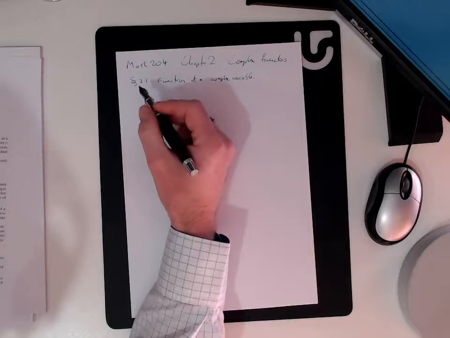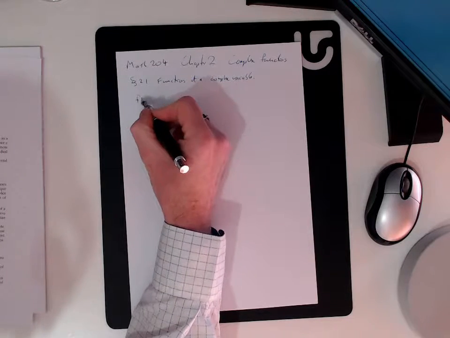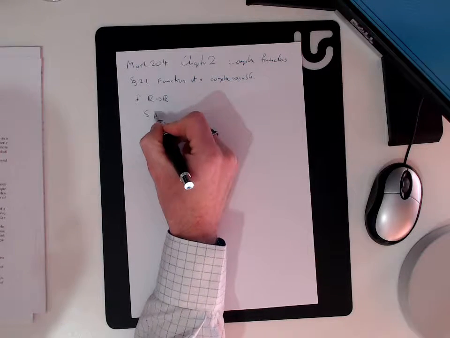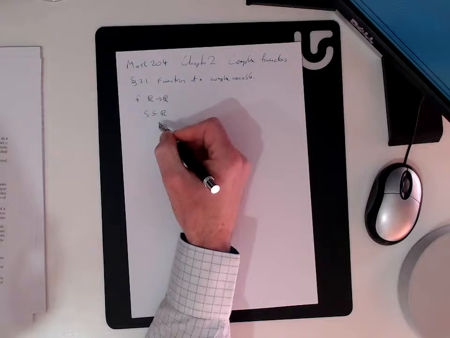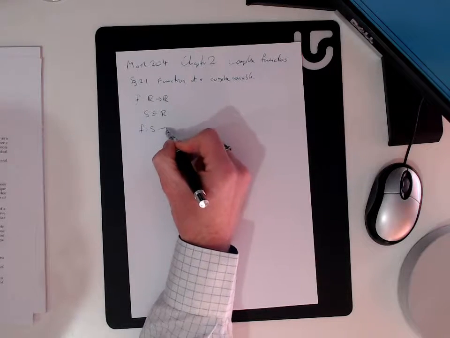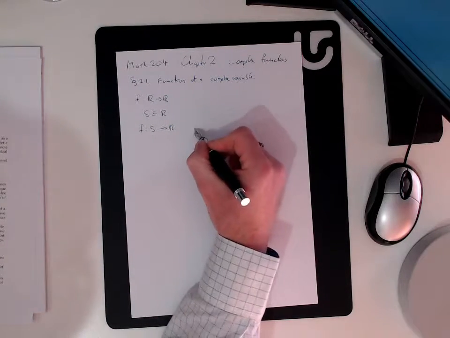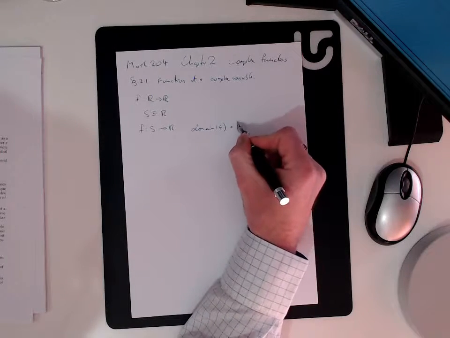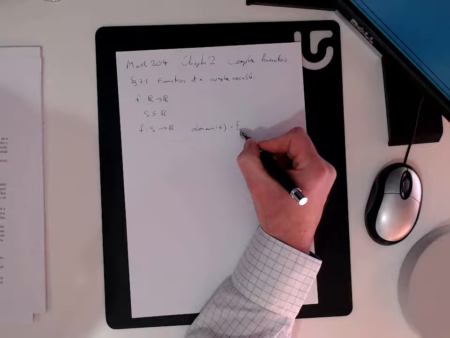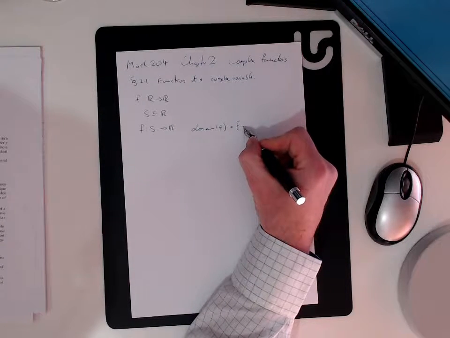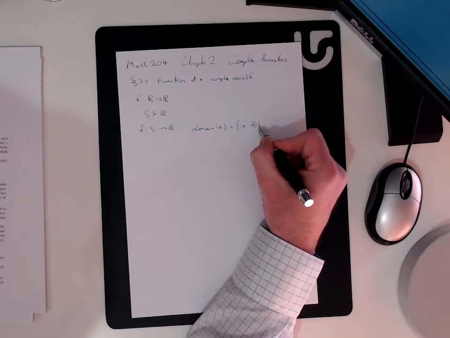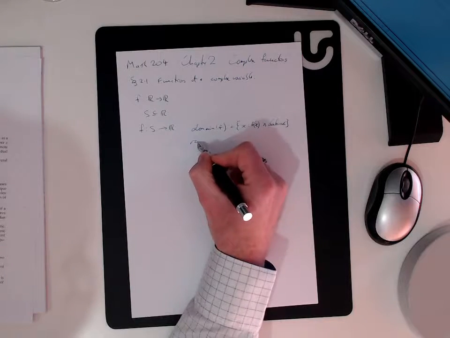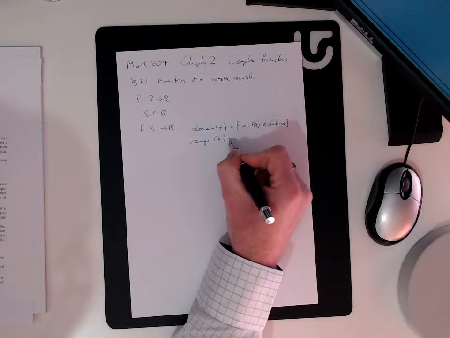Very roughly, you know what functions from the real line into the real line look like, and you know that for some subset of the real line you can define functions from that subset into the real line, and you know about things like the domain of the function, and you know about the range of the function,